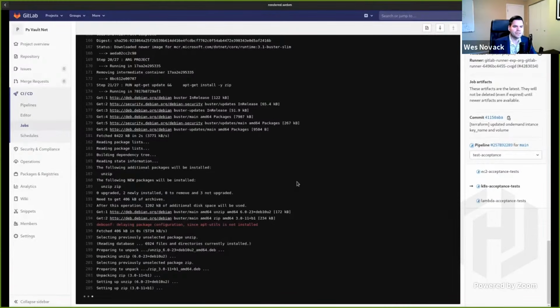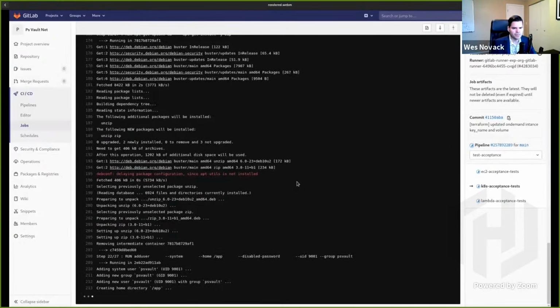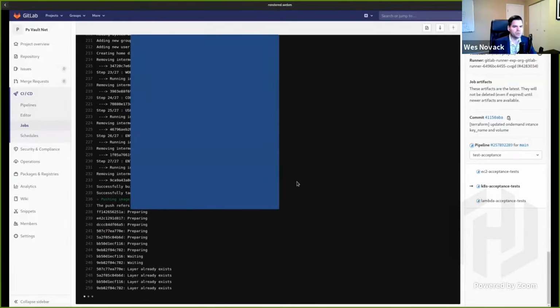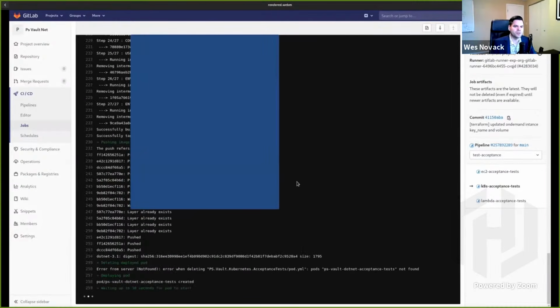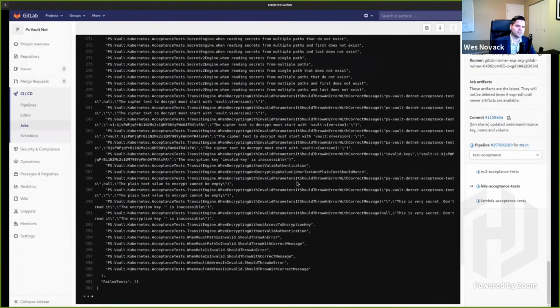And once the Docker image processes are completed, then we essentially take that image and deploy that image. First, we push it to our image registry. We use Harbor internally here at Pluralsight. And after that image gets pushed up to Harbor, then we do a deployment into Kubernetes using a raw Kubernetes manifest.